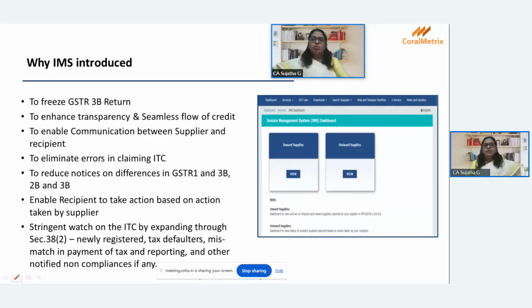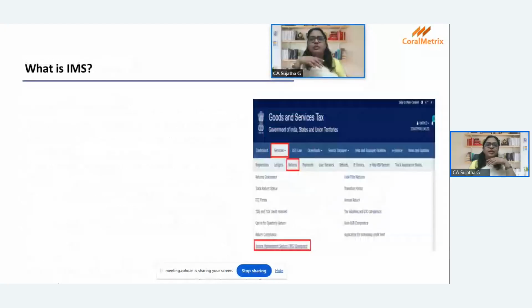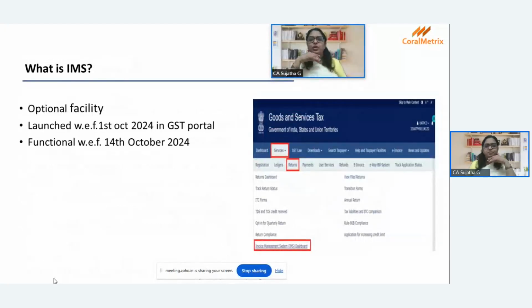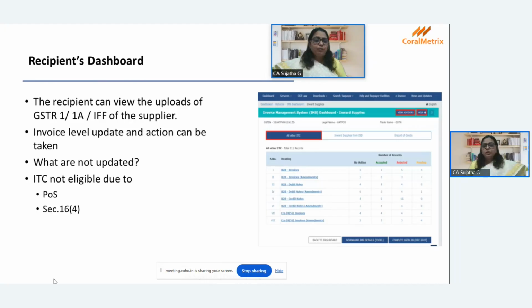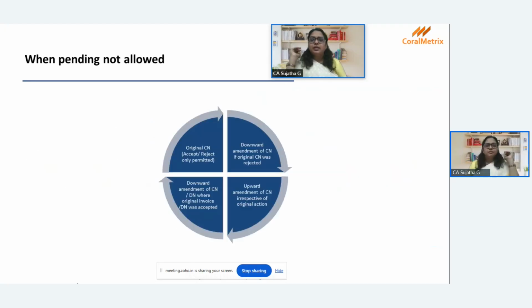So when it comes to IMS, further strict conditions are going to get imposed in the following months, right? So now itself GSTR 2B you cannot avail. Furthermore, there are certain conditions which are going to get implemented. So I am just skipping through all these things because these are all IMS which we have handled long back, and